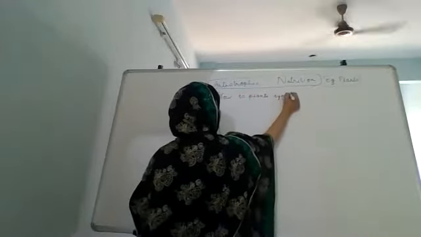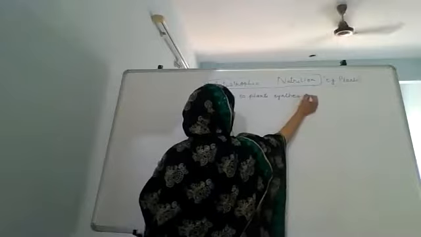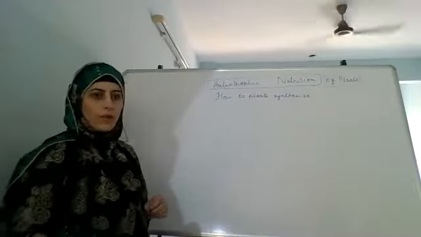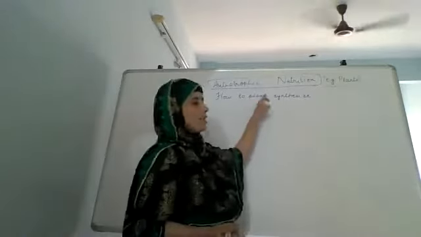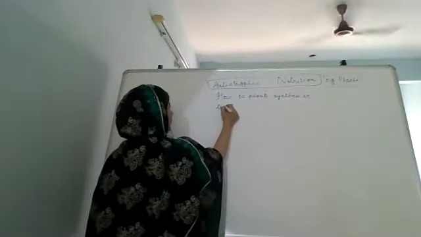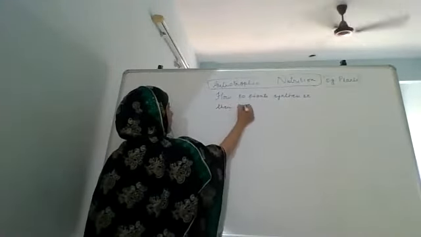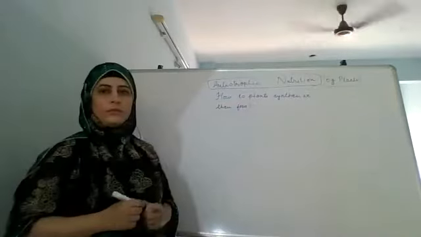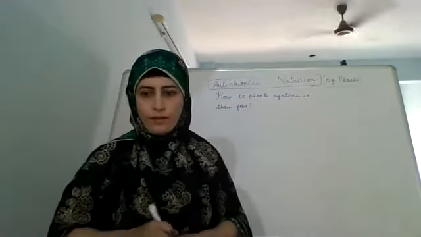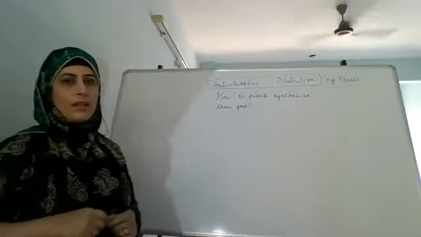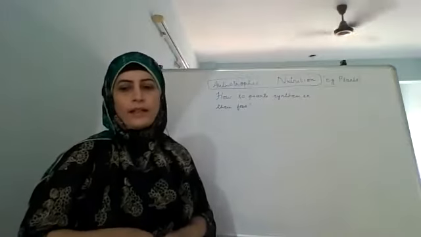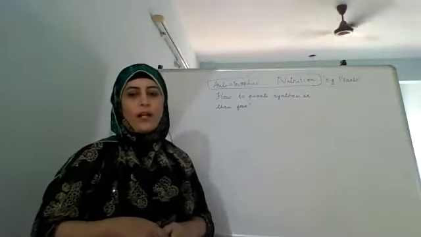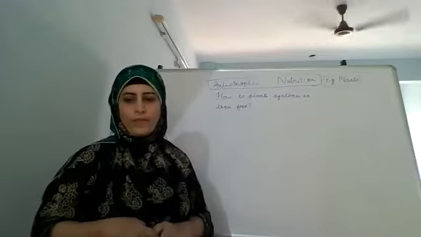Now we always say that the plants do not depend on others for their food and prepare their food on their own. So the question is, how do plants prepare their own food, or how do plants synthesize their food? So can you tell me how? By the process of photosynthesis. Okay. So in plants, the synthesis of food occurs during the process of photosynthesis. They take in CO2 and water and convert it into carbohydrates.